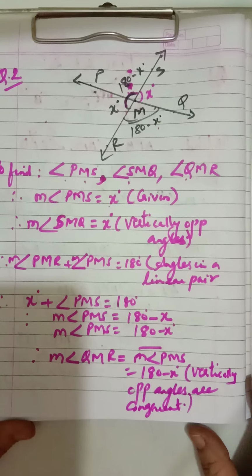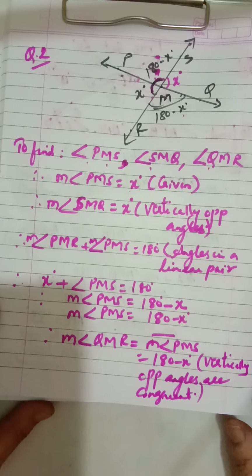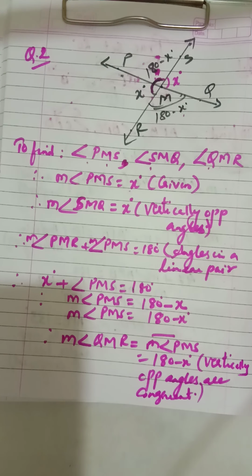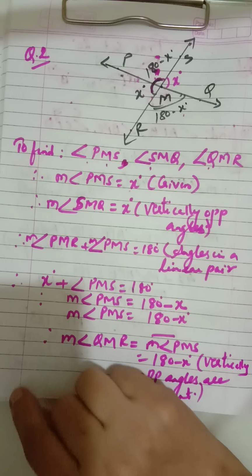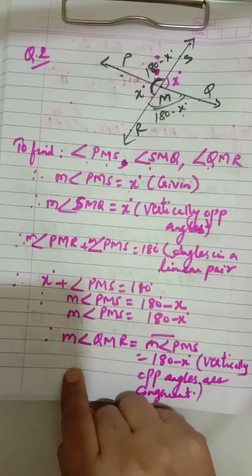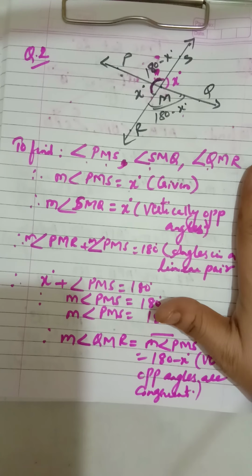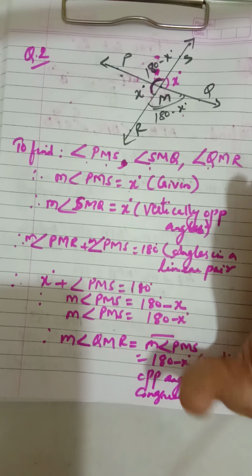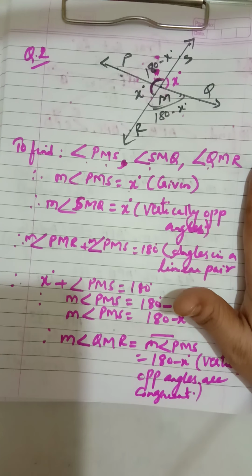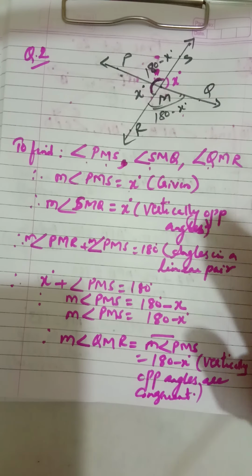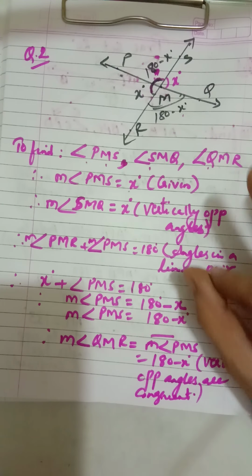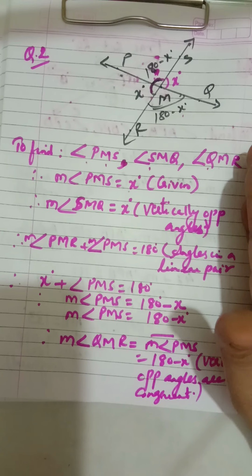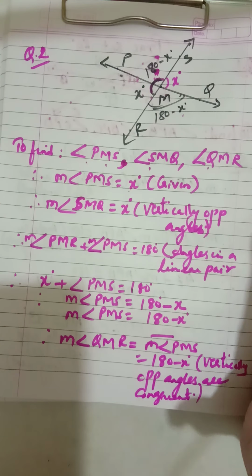Okay, so these are the sums based on this exercise. Now I hope children you have understood. If you have any doubt, go through the video 2 times so that your doubts get clear. Still if you have any doubt, you can send me a message and I'll be sending some extra sums based on this practice set, so that this concept becomes very clear. This is a very important concept, children, vertically opposite angles and angles in a linear pair. It will be used everywhere in the higher classes, so you need to be thorough with both the concepts.